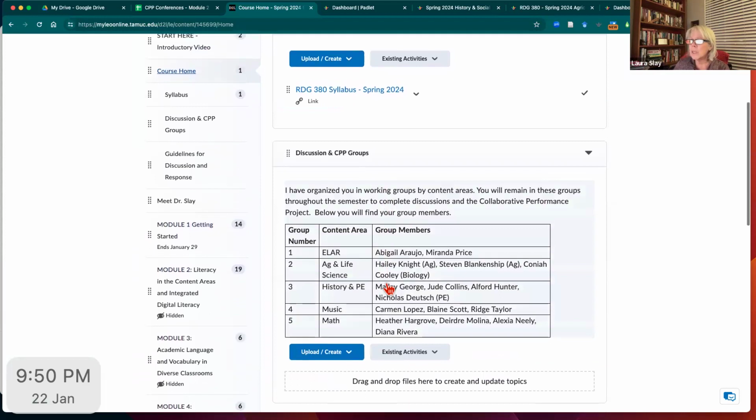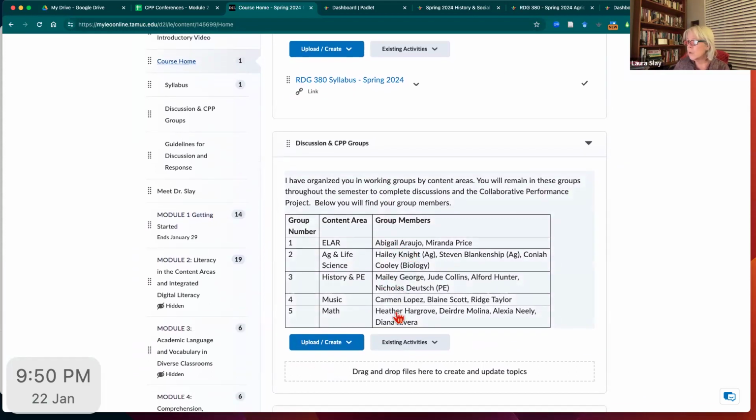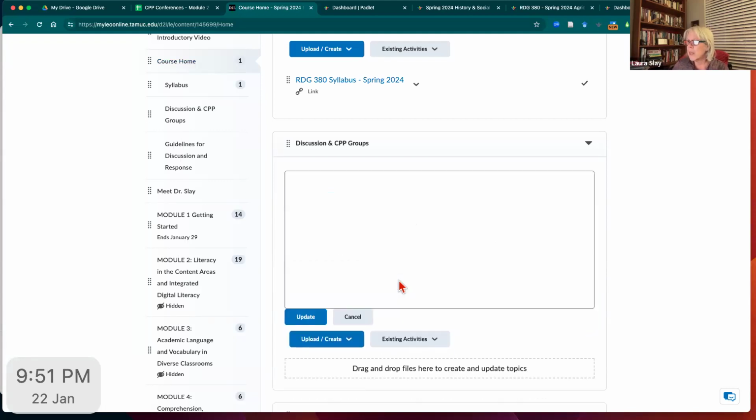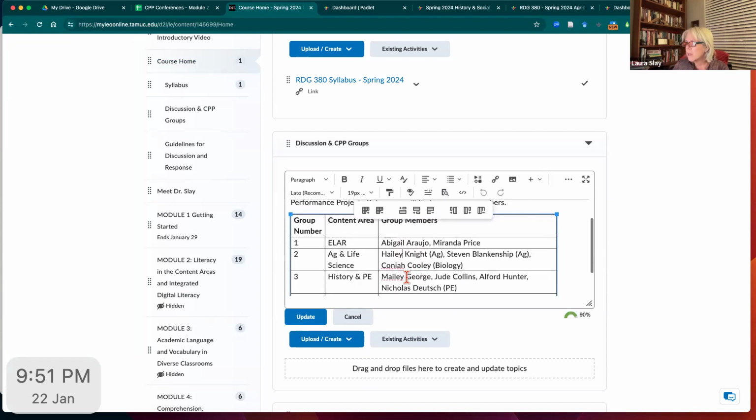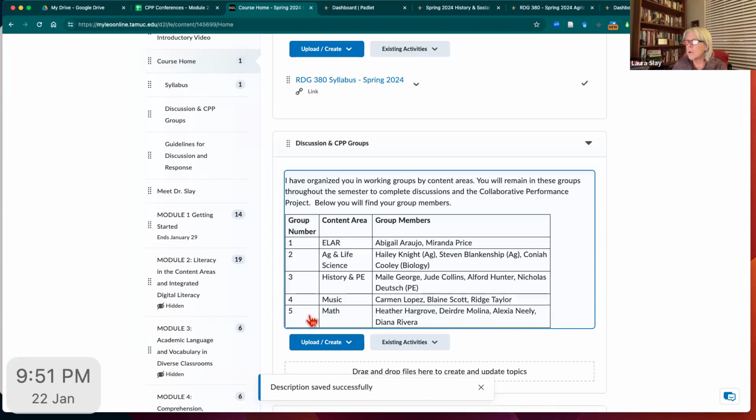And although I put it in the announcements, it's also here. So you can see that was history, I think it was. There we have Jude and Hunter. So Nicholas and Maylee. And I think Maylee, I have misspelled your name. Now that I've seen it in writing, I need to take that Y off. I apologize for that. Let's see if I can fix that right now. Maylee. Oh, I must be getting my Haley's and Maylee's mixed up. Excuse me. So at any rate, there's 2 more people that still need to post which discussions they're planning on